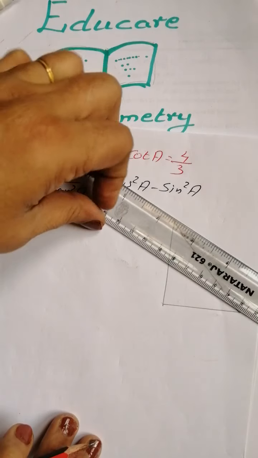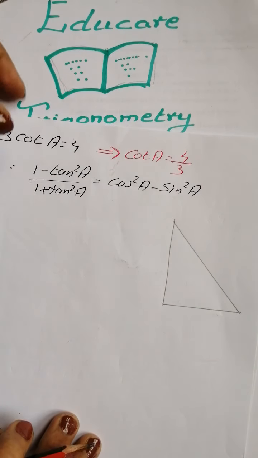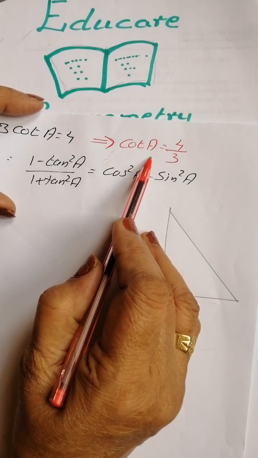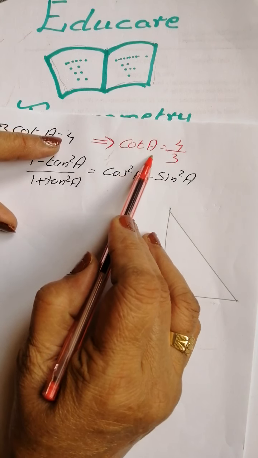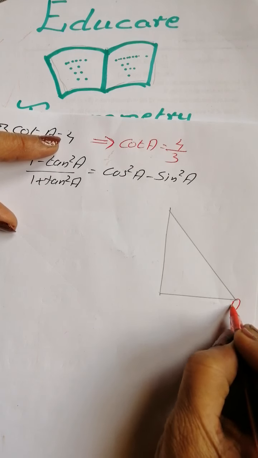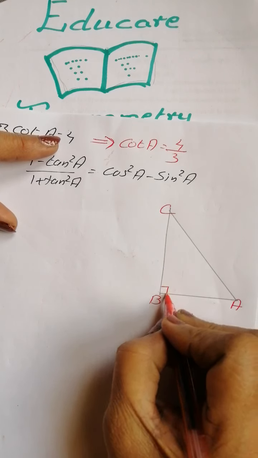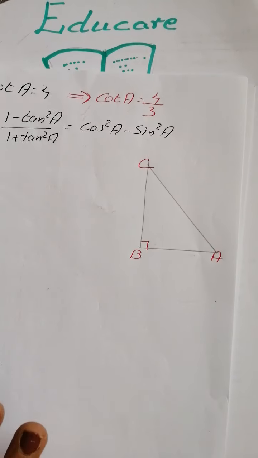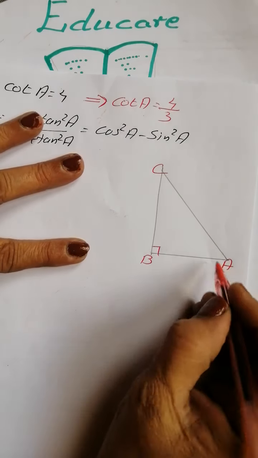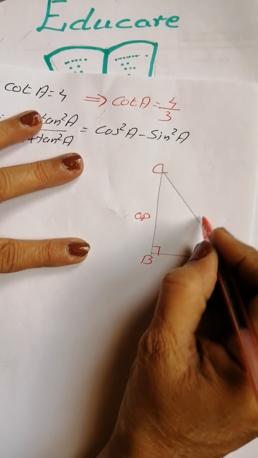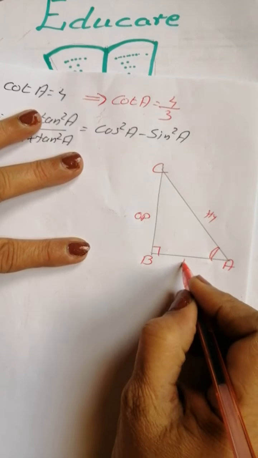Last question we have done with the theta part. Here what have they given? Here they have given cot A. So naturally we will put A here, then make this B and this C. This is 90 degrees. Up till here it is clear? Clear? Now cot A they have given. This will become opposite, this will become hypotenuse, and this is the adjacent.